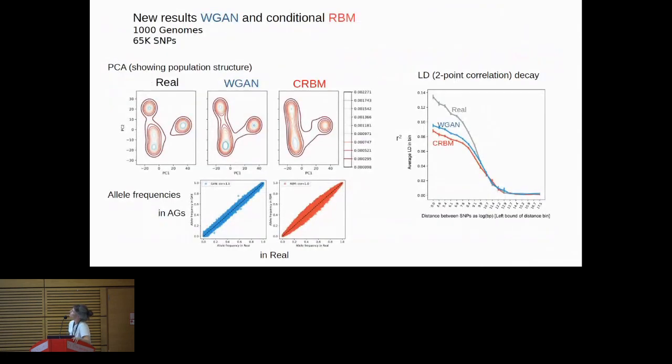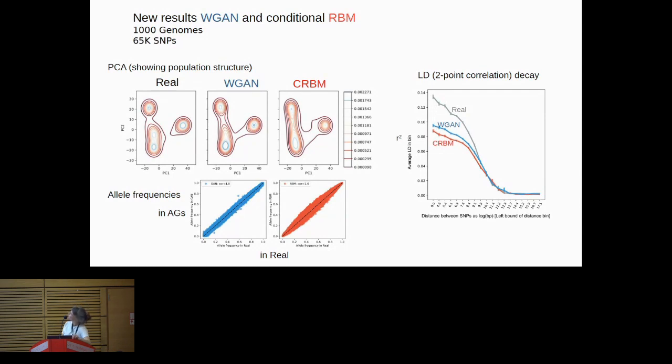Okay, and so here are some results on the large data set, which is 65,000 SNP that cover, I think, something like 80 million base pairs. And so you can see that again we're able to retrieve the population structure, the allele frequencies, and in fact, we improved. I told you that we had some issue with very rare variants, and this is not the case anymore. And here is the LD, and you can see that there is still some room for improvement because at short distances we don't retrieve as much correlation as we should.